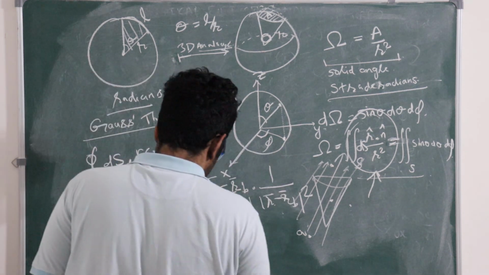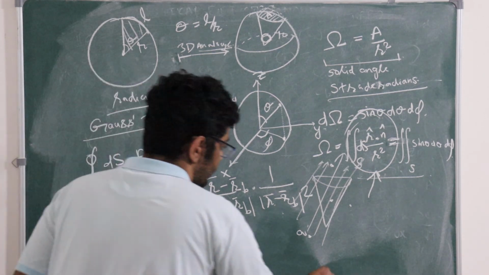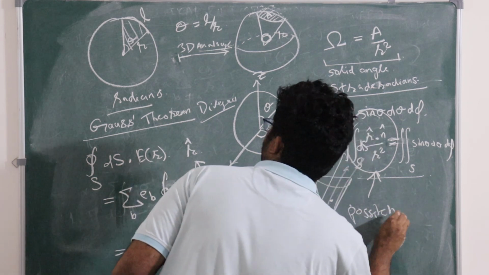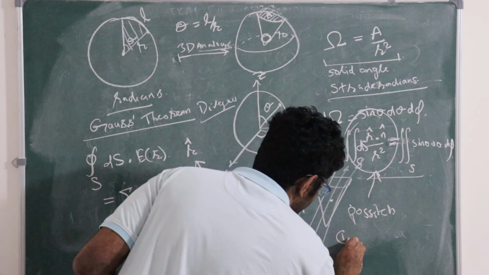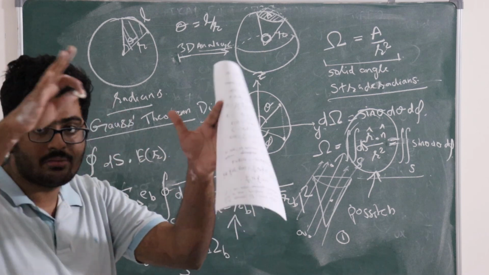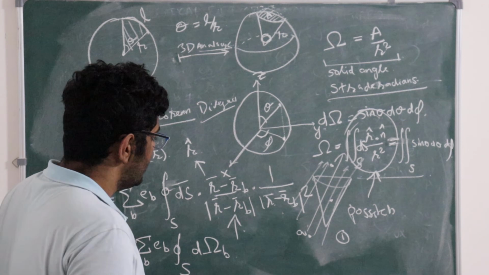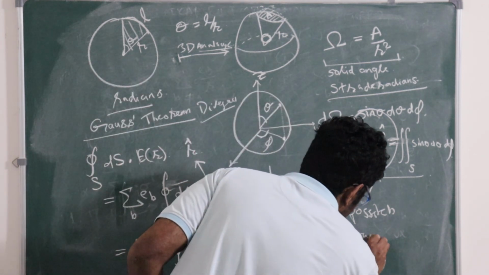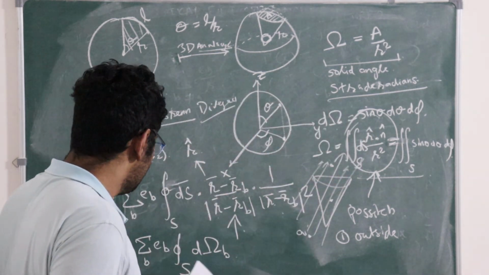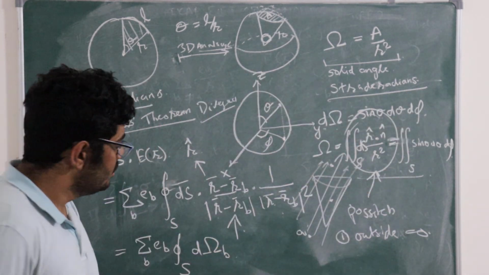And once I wrote that, you can see that there are two possibilities now. The first possibility is that this surface S is a two-dimensional surface. It's a closed surface, and hence the charge could either lie outside, in which case the contribution of this integral will be 0. Outside will be 0, and inside